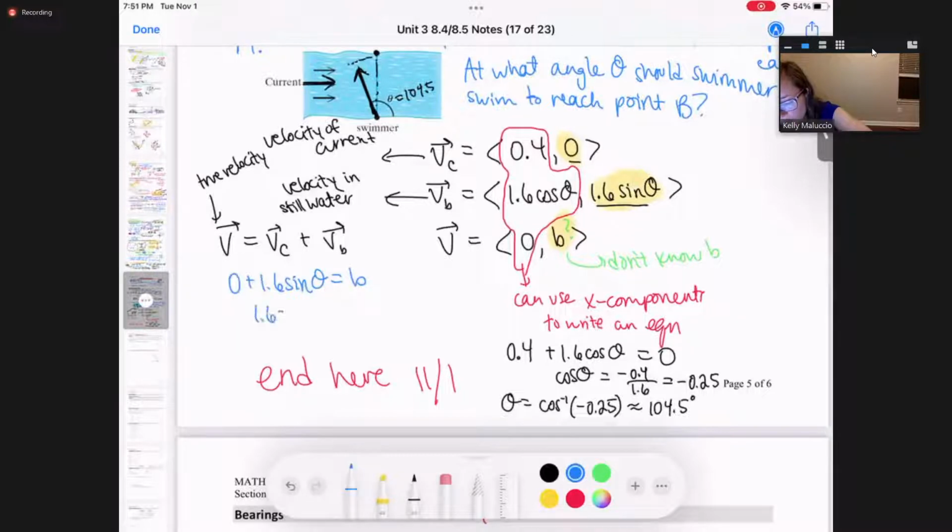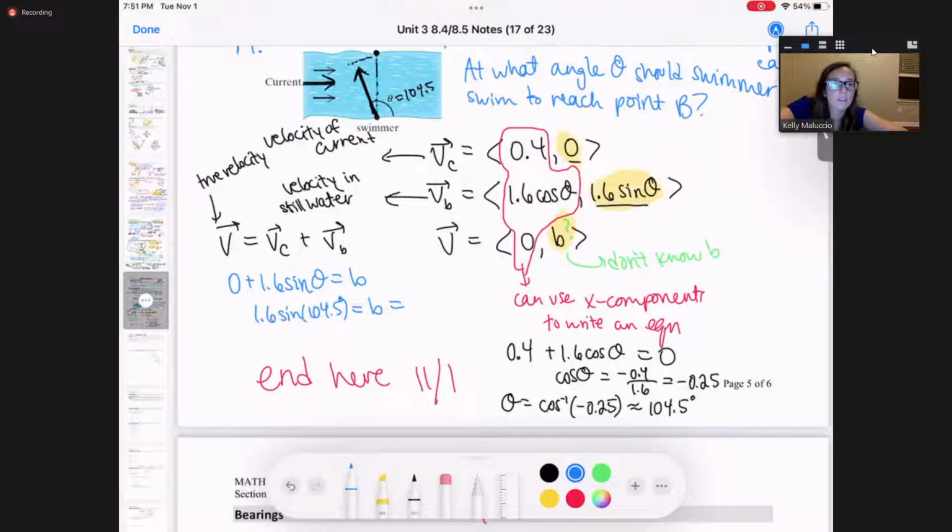And so 1.6 sine of 104.5 degrees has to equal b. And I don't even think I calculated this. It's obviously been a difficult day here, but this is what we will get. So let's see, 1.6 sine